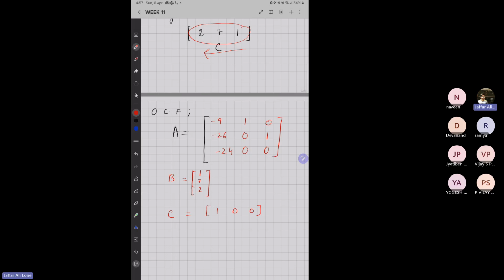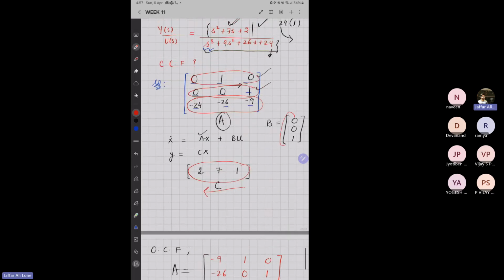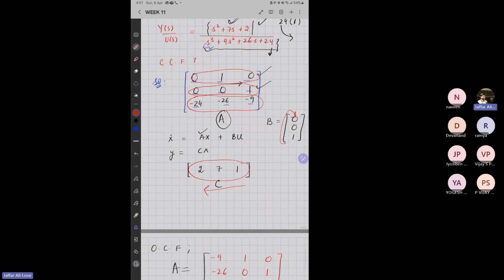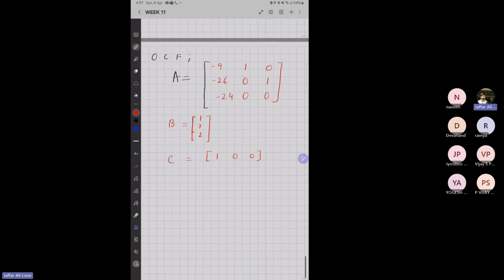Right? Why C? Because I took B and then wrote it like this. So from controllable canonical form, you can always find the observable canonical form. Now, for diagonal canonical form, what you have to do is make sure your eigenvalues, sorry, your poles